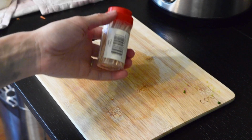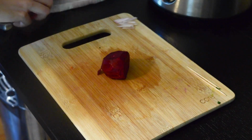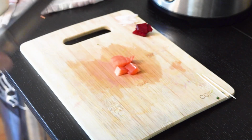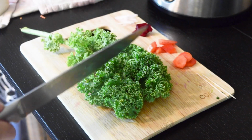This last recipe is a super quick one. You're going to need a couple of toothpicks or skewers or whatever you've got, and you're going to take a bunch of random vegetables and chop them up. I've decided to use a turnip, as well as a beet, a bell pepper, and the carrots. On top of that, I'm also going to be adding in some greens, so I'm using my kale again,